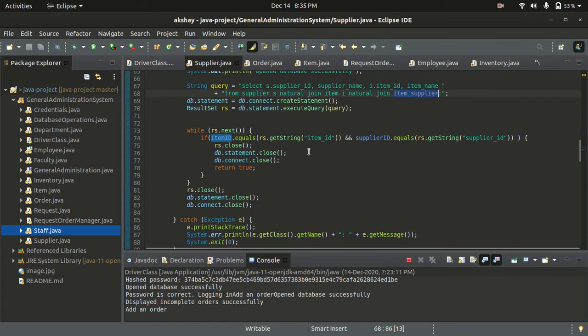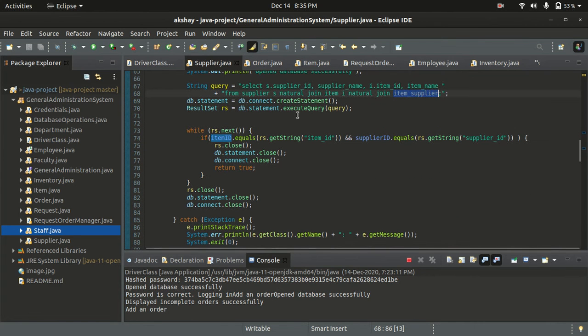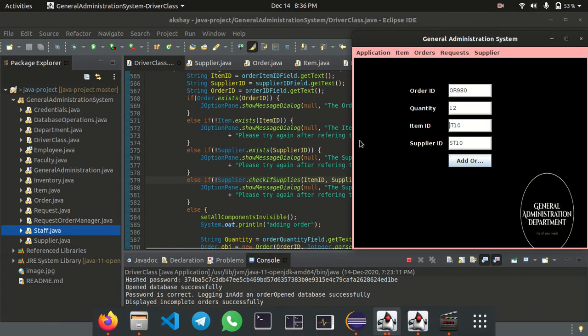After joining these tables, we check if in a row we get the supplier ID and the item ID which are passed as arguments. If we get that, it means that the supplier will supply that item, so this will return true, else it will return false. So basically those are the conditions.